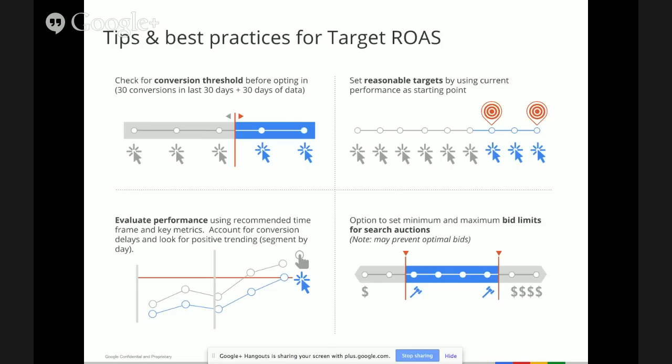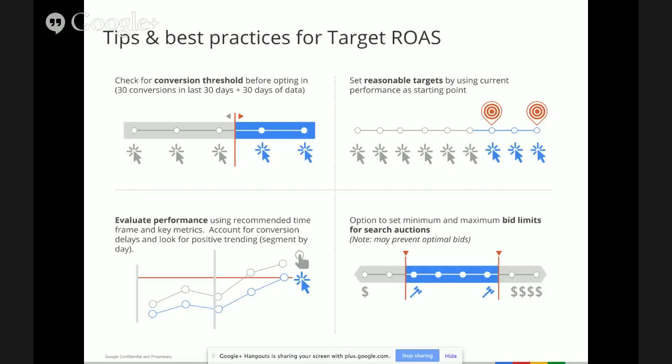Third is evaluating performance. We need to make sure that you give the system enough time to adjust. When we talk about evaluating performance, first, you need to let the bidding strategy run for at least a week before you start to do any kind of analysis. Second, depending on how long your sales cycle is or your conversion delay, you might want to wait a little longer. So if it typically takes a full week to convert, you'll want to wait at least a couple weeks before you look at that data to try to understand whether or not this is working for you. You should see some bidding efficiency improvements right away, but in terms of analyzing whether or not this is working, definitely give it at least a couple weeks before you analyze the data.